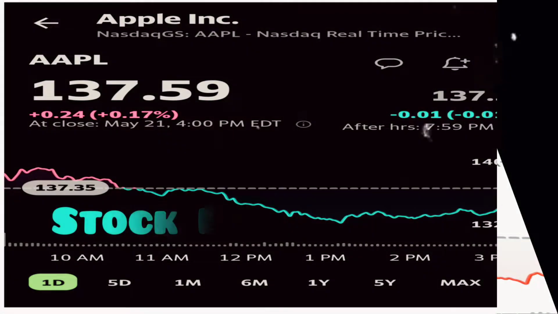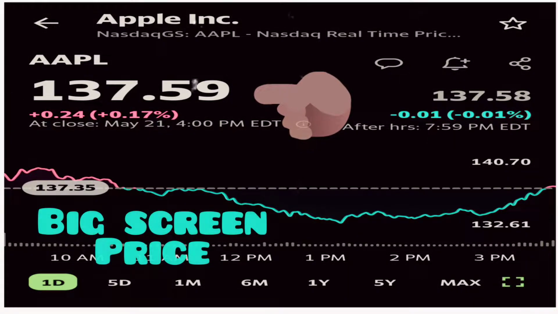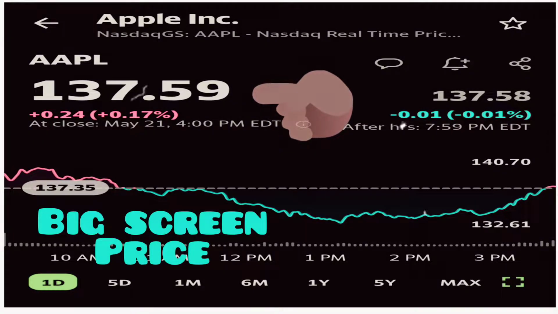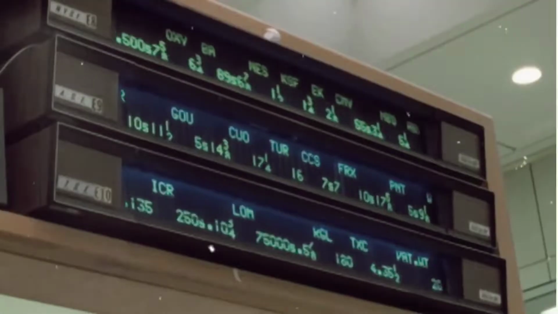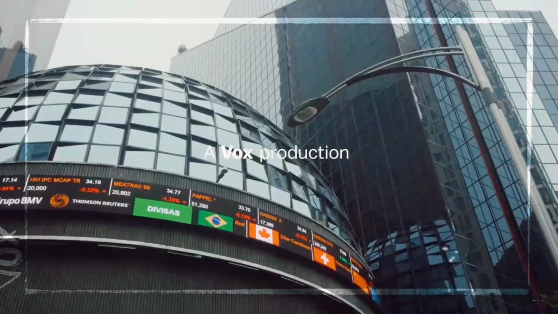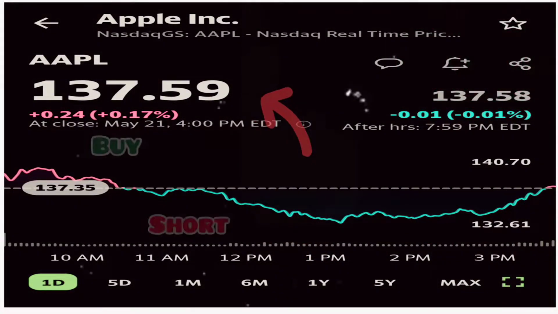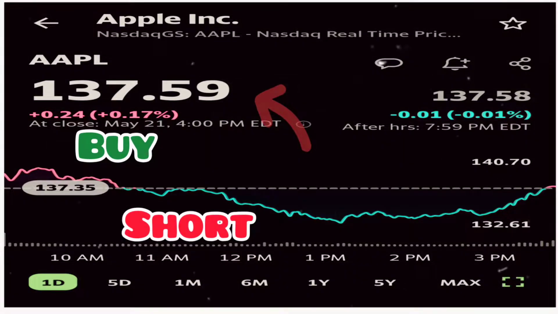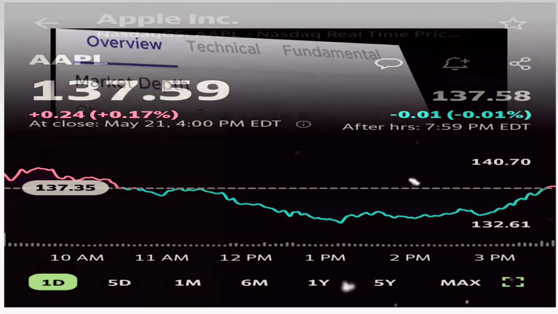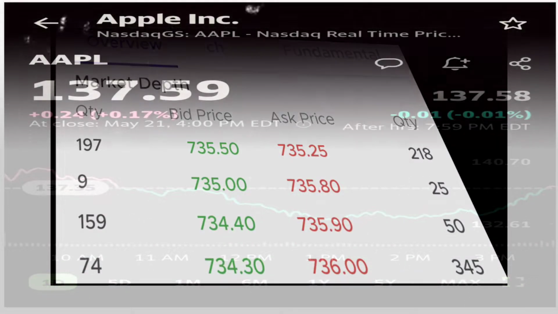On the stock exchange, the share price is shown on the big screen. Many new traders or investors don't have a proper idea about the big screen price. At market hours on the big screen, we notice that the price changes rapidly into red and green light. About the price on the big screen, beginners think that they can take a buy or short position at the big screen price. Few people also think that bid price and ask price are around the big screen price.